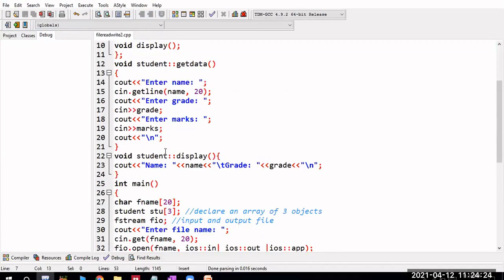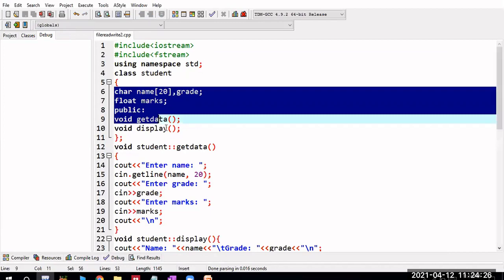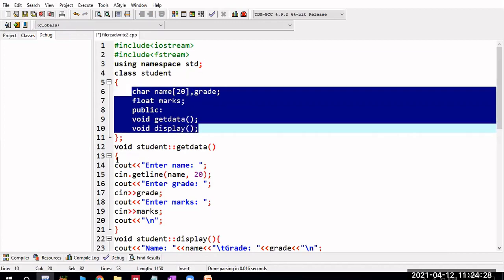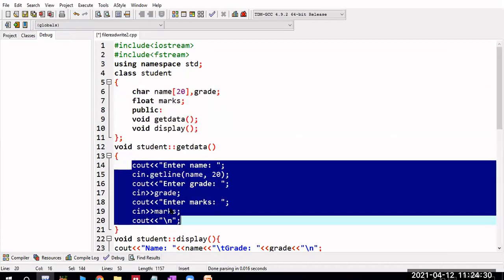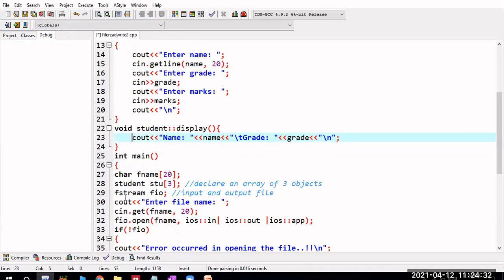Yes, sir, the same program. Yeah, I thought some errors would be there, but no errors. The only thing is, whenever you get this type of error like /0, those kinds of errors, then you have to remove the space.